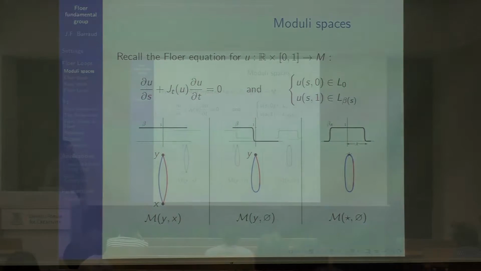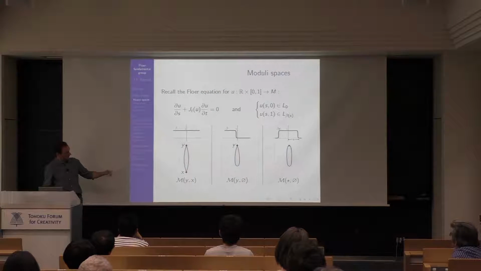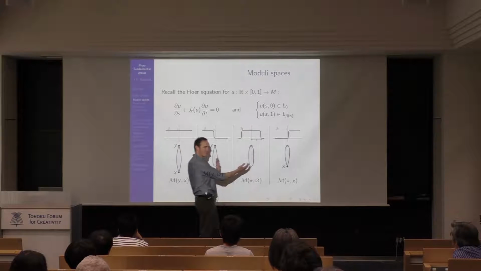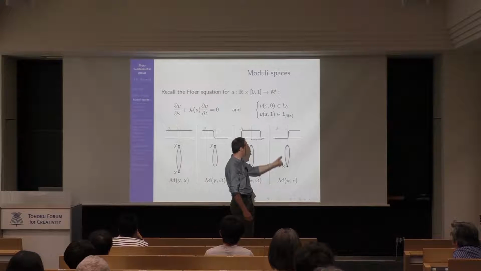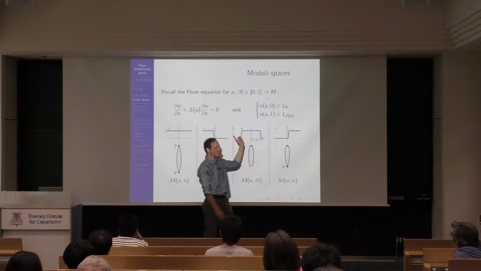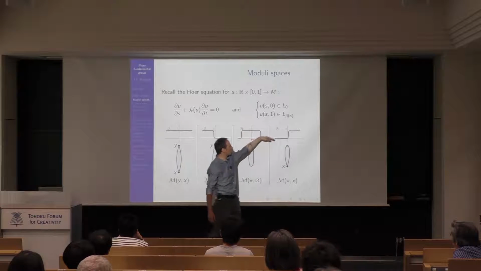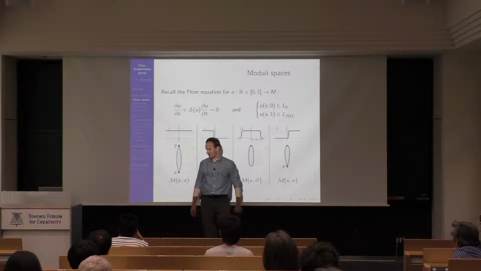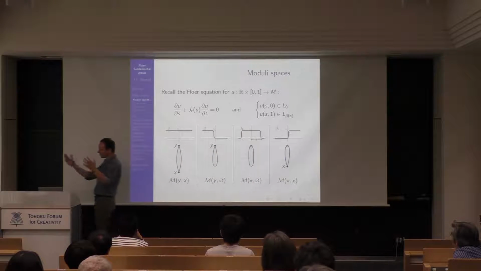I will draw the trajectories schematically like this, and it saves some room, so I have the space for a fourth situation, which is, of course, the symmetric of this one, when the cutoff function goes from 0 to 1, and then I will get a configuration like that, starting at the base point and ending at an intersection point. Okay, all these moduli spaces